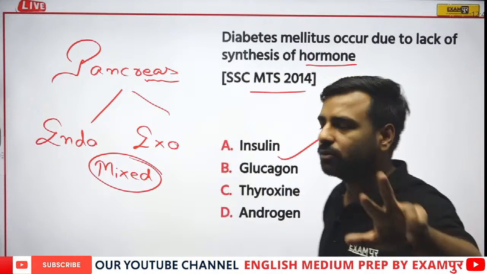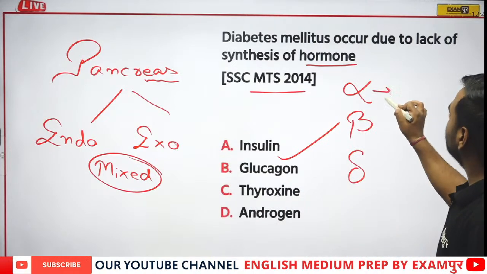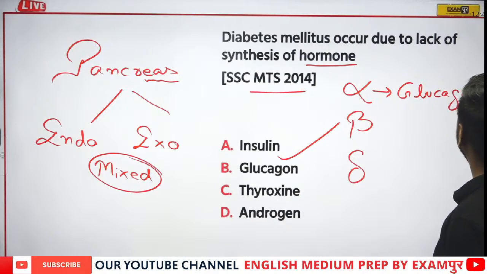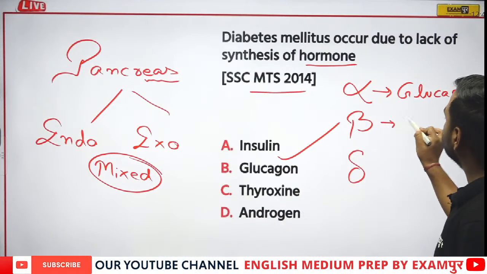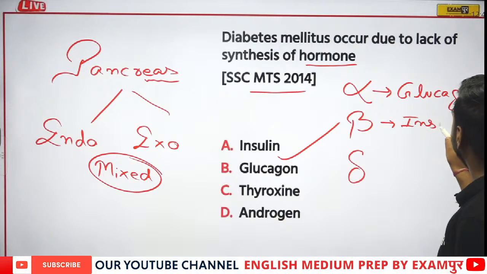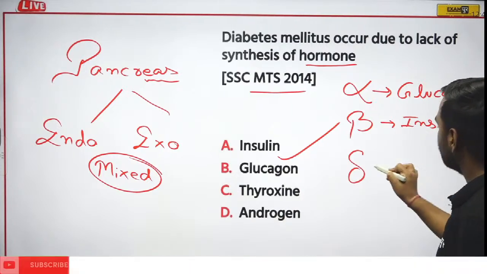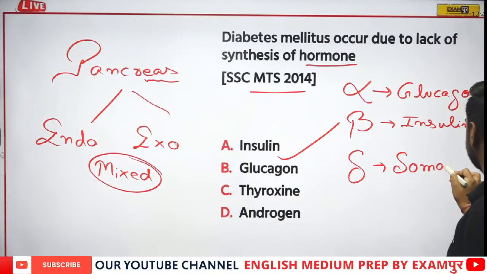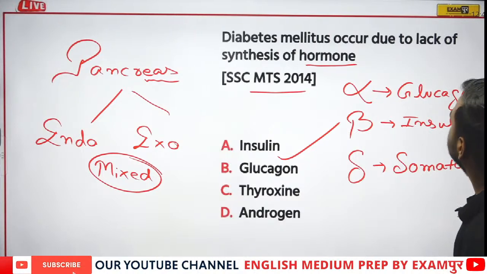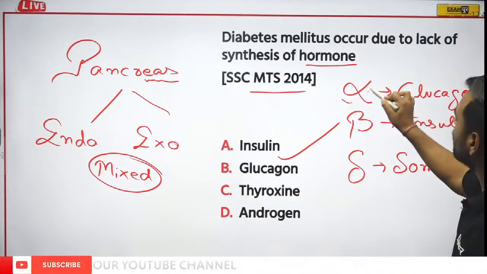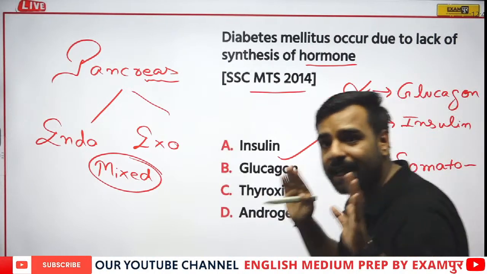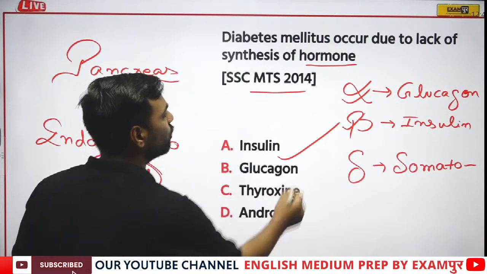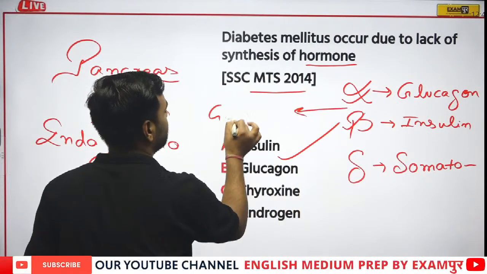Great Momita, great Sudesh, you are right. From alpha cell, we have glucagon that is released. From beta cell, there is insulin that is released. From delta cell, there is somatotrophin that is released. Now, this glucagon and insulin are doing what? They are helping in the maintaining of the glucose. So, glucose level is maintained by it.